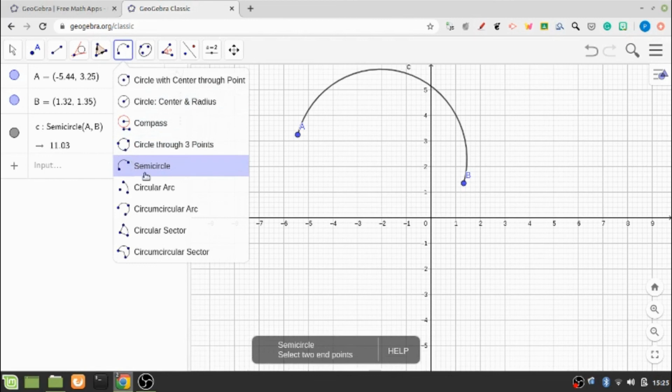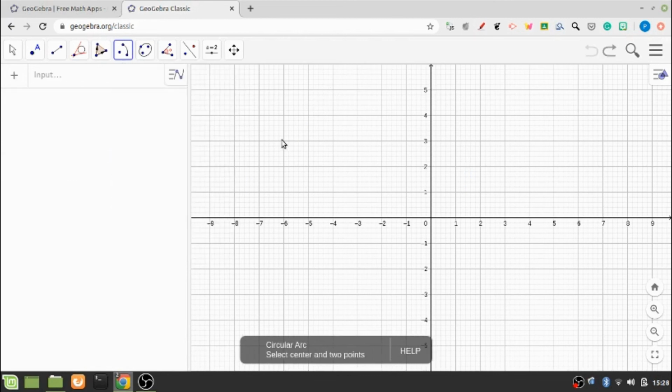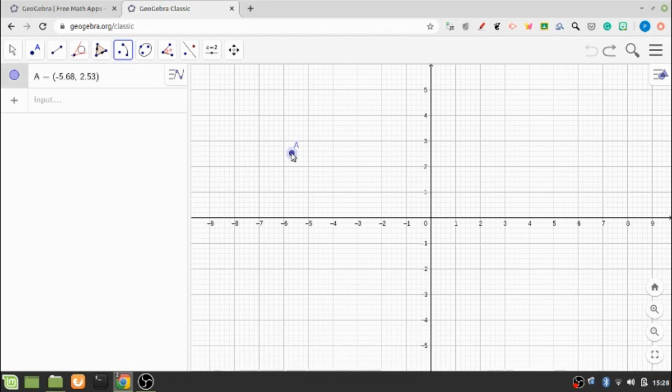The next option we have under this circle tool is the circular arc. For that we'll be needing 2 points, and we have to select one center point for this. So for example, say I have selected one point A and then B, then you can see that whenever I am moving my cursor, a circular arc has been created having A as the center point for this arc.